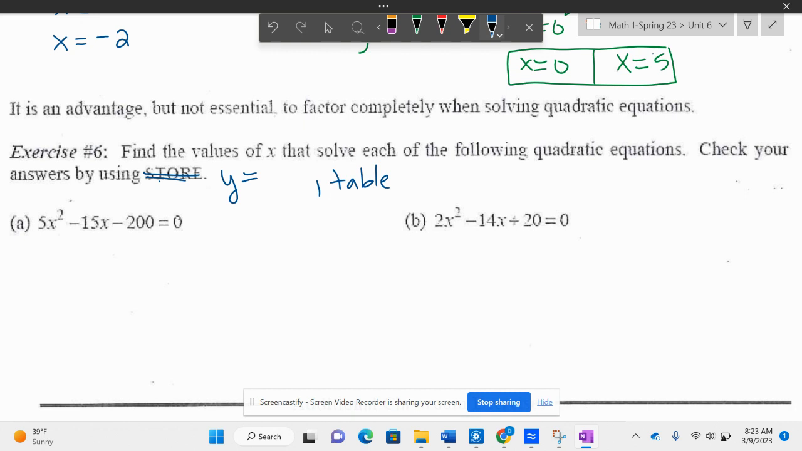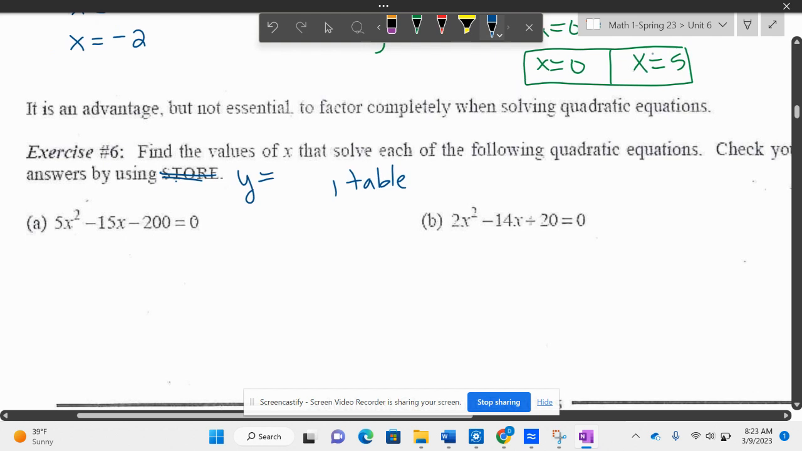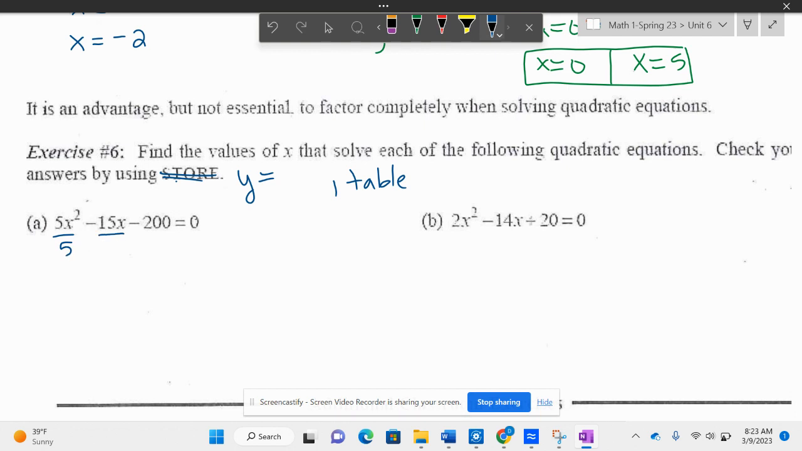So what's the first thing that I can take out of for A? Does it have a GCF? A 5. Yeah, I can divide everything by 5. I can even divide that by 5, right? Because technically you divide everything by 5. So I pull a 5 out, and that leaves me with x squared minus 3x